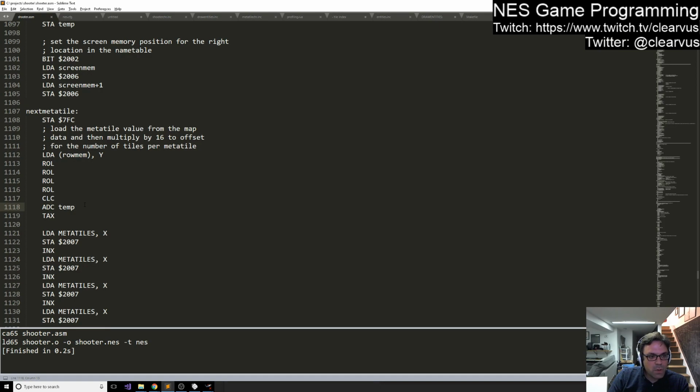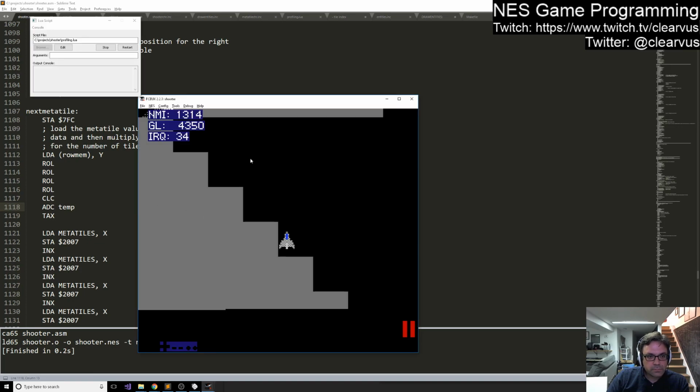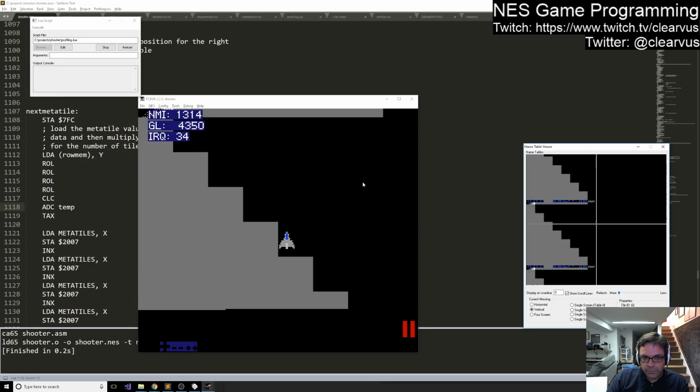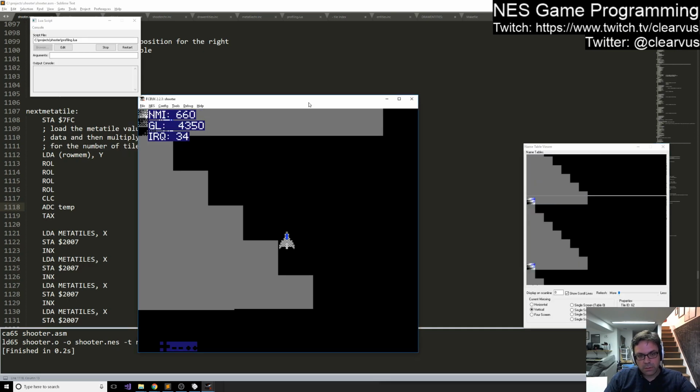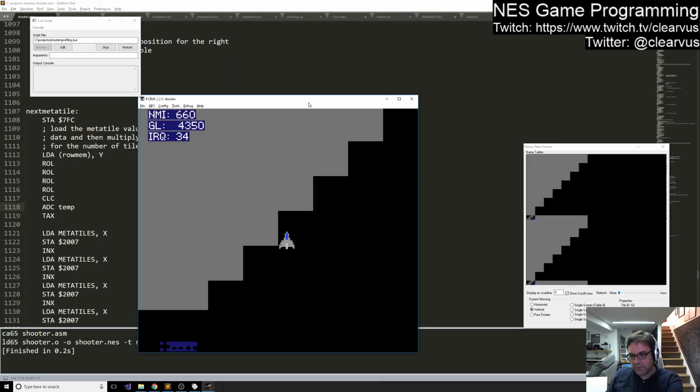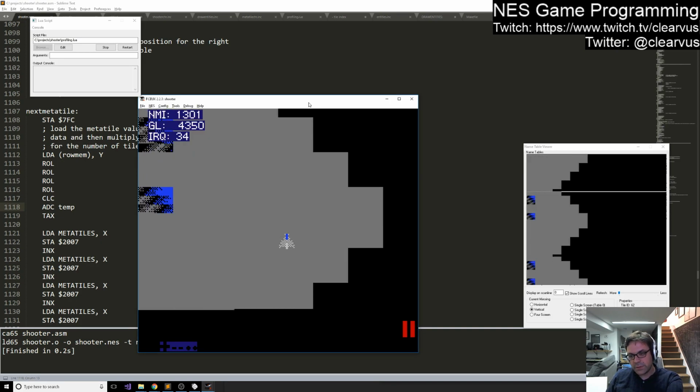Is it off by 1? If we go back to the name table, let me reset this here, and we'll pause it after it loads some tiles. All right, so what I wanted it to do was for those meta tiles,